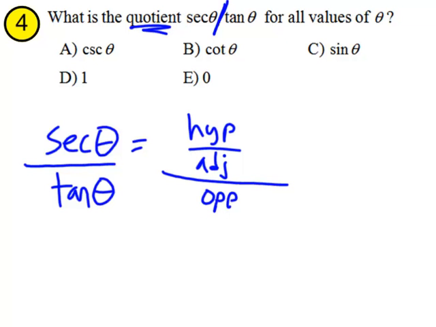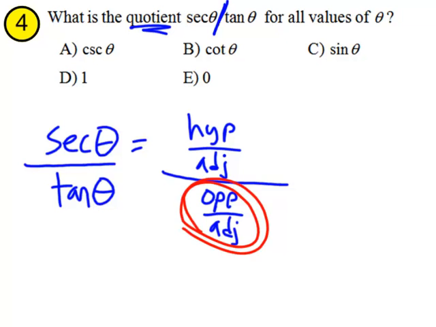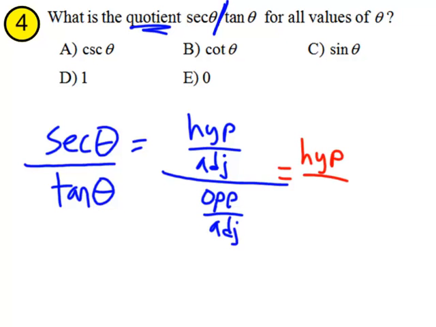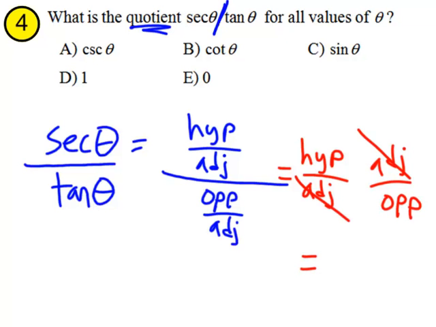Tangent is opposite over adjacent. This is where students will typically say dividing by this fraction is the same as multiplying by its reciprocal. So let's go ahead and do that. Let's keep the numerator the same, the hypotenuse over adjacent. Let's multiply by the reciprocal of this denominator, which is adjacent over opposite. We see that the adjacents divide each other out. We're left with hypotenuse over opposite, which is cosecant of theta,